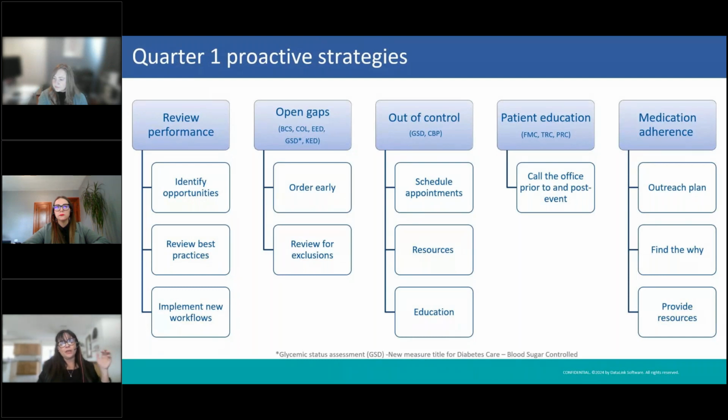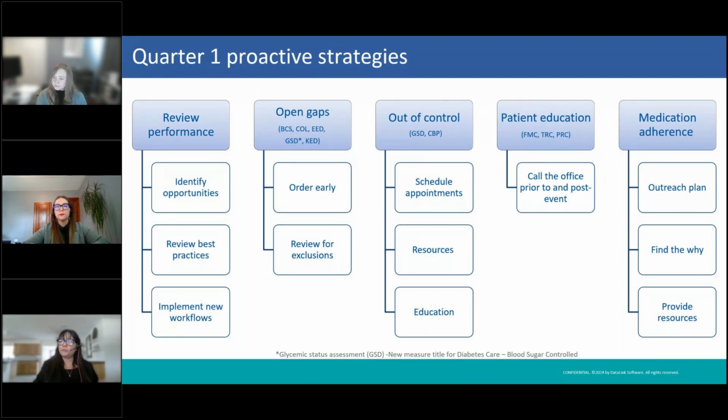We find that as much technology as there is out there and as much HIE information that people are getting in for FMC, that seems to still be a little bit of a problem. Not many doctors' offices get notified that the patient has gone to the emergency room. So, really, your first line of defense is probably going to be to ensure that the patients are actually calling you when those things happen. So, just kind of alerting them and putting that in their head to make sure that they're calling.